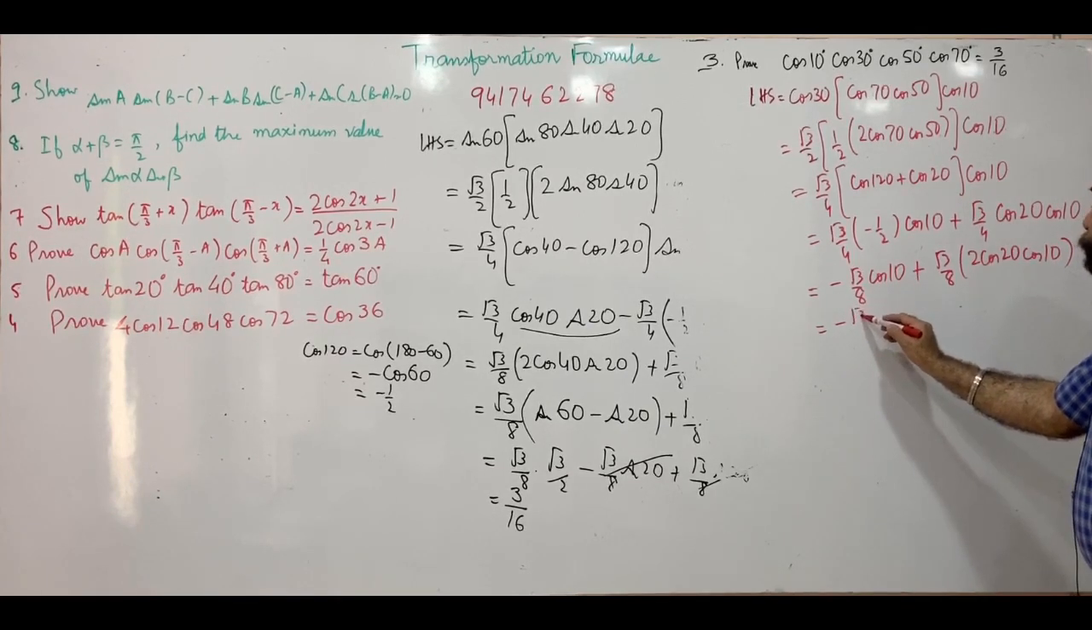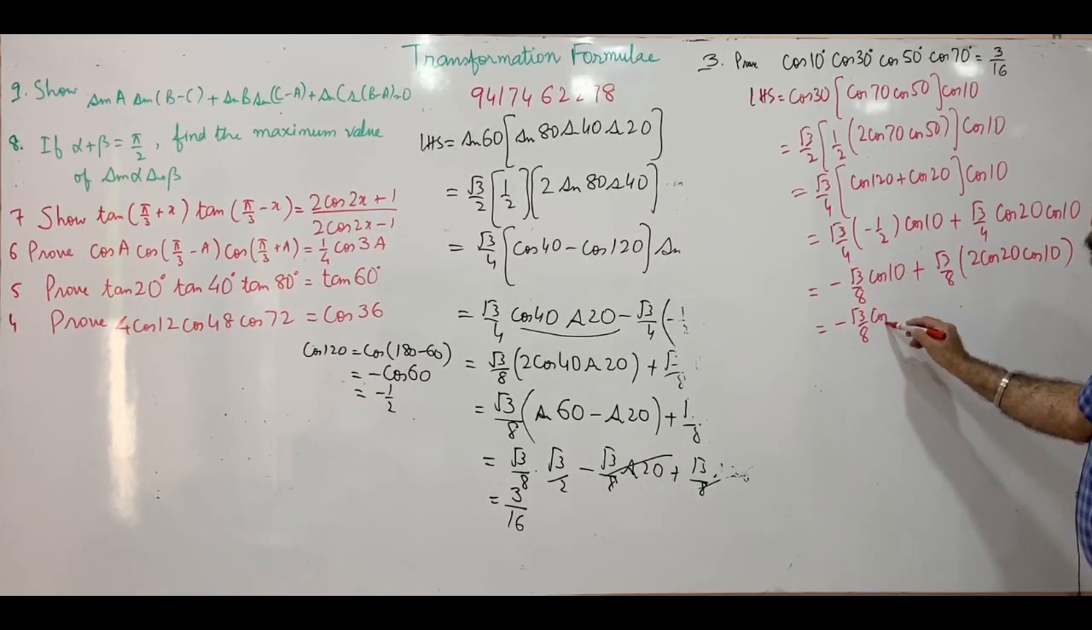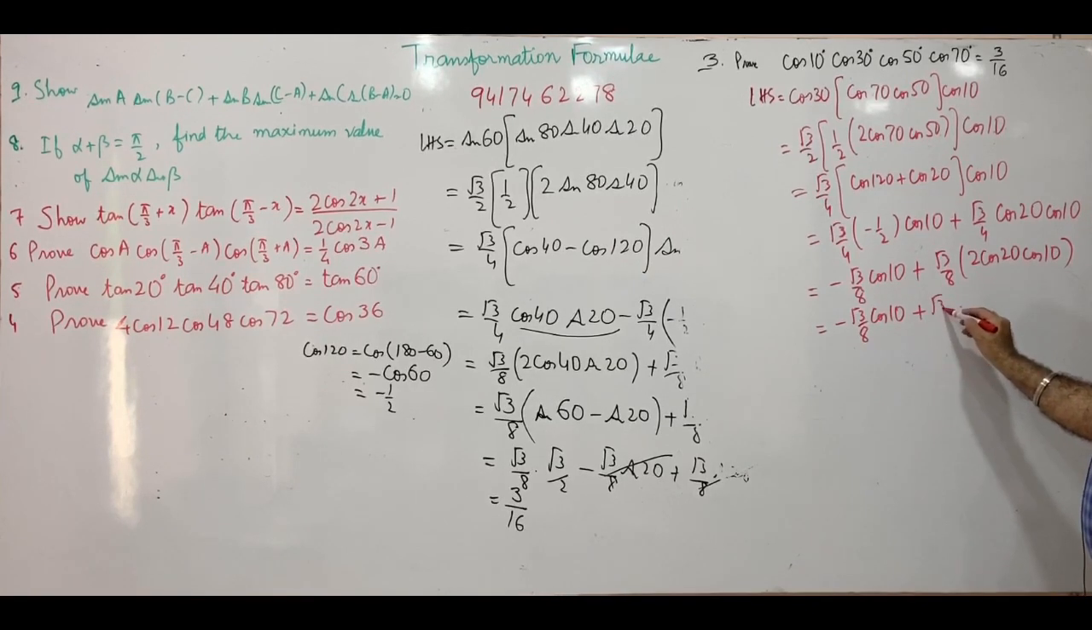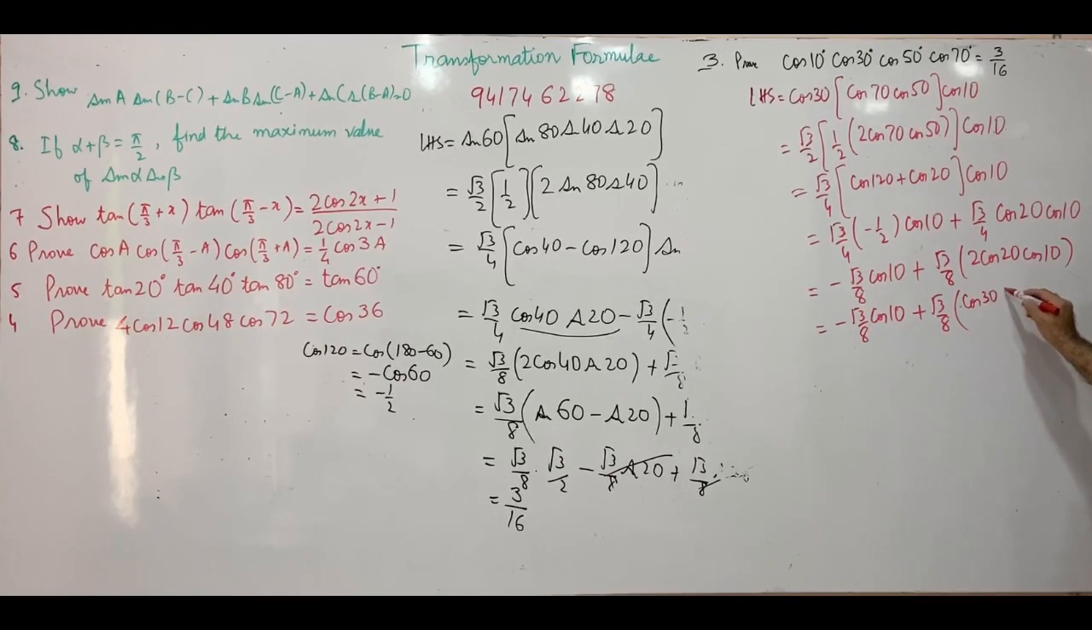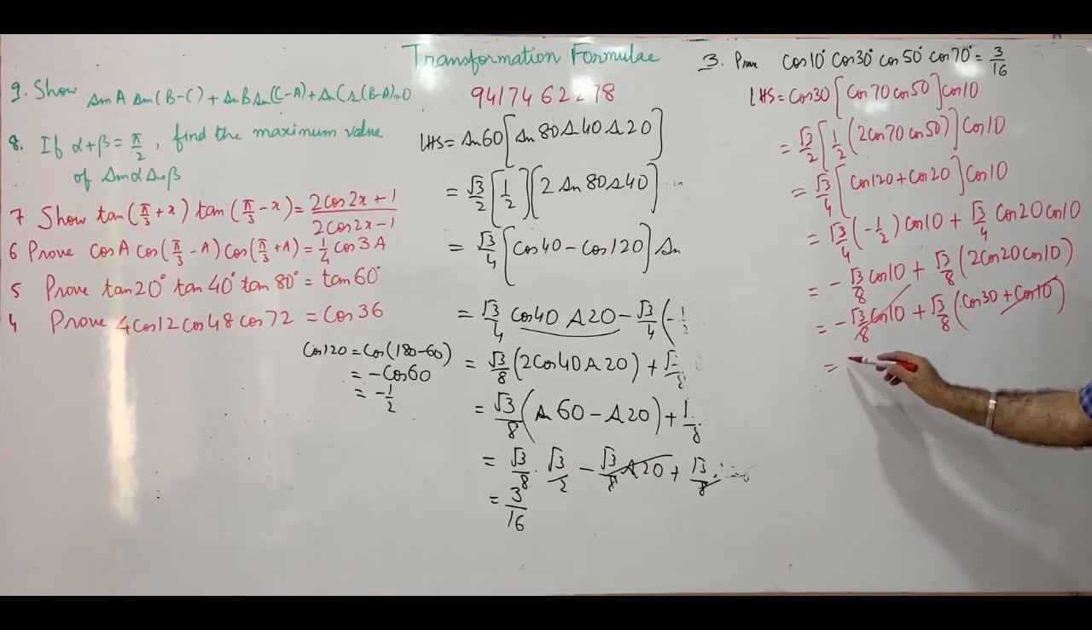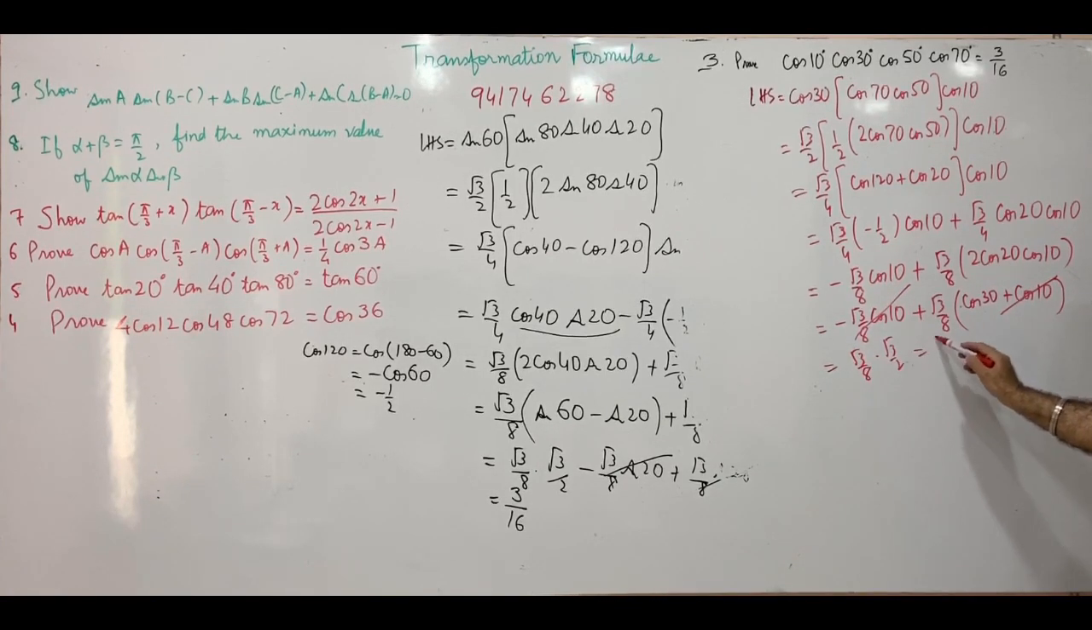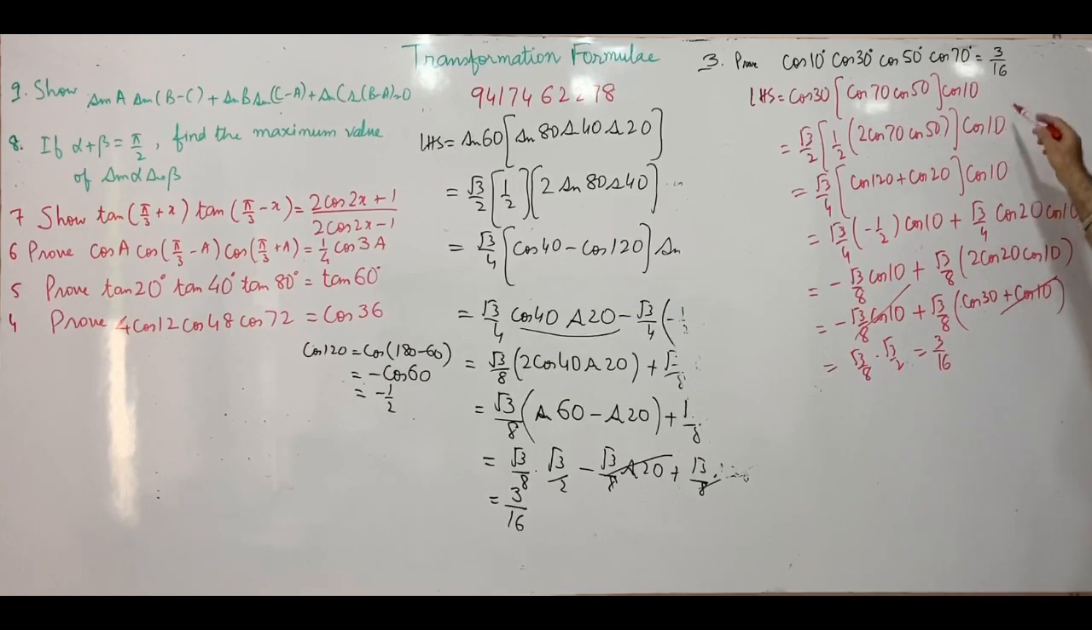This is minus root 3 by 8 into cos of 10 plus root 3 by 8 into 2 cos A cos B, which is cos of A plus B plus cos of A minus B. Minus this is plus, this will cancel out. So this gives us root 3 by 8 into root 3 by 2, that is 3 by 16. This is what we wanted to do. The next one,